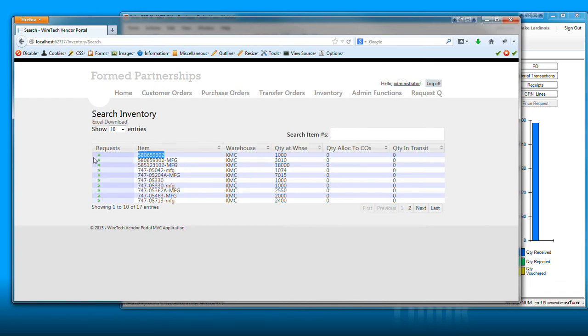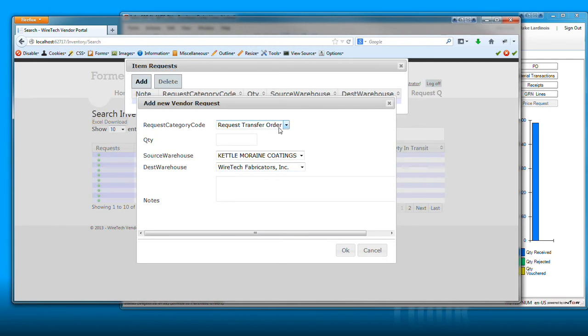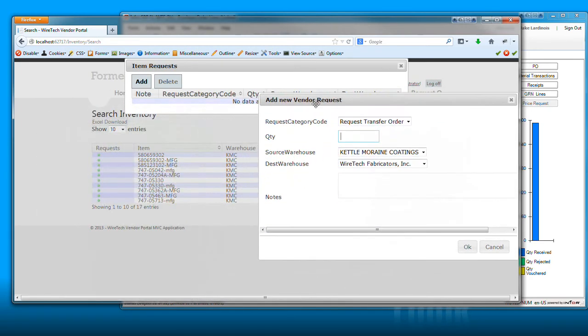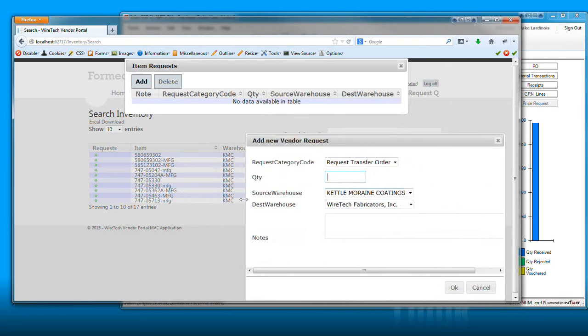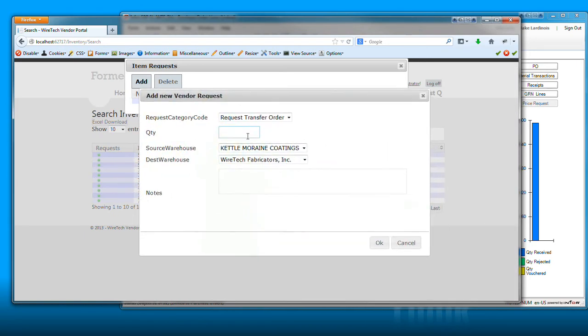Okay. Now, if say these have been sitting here for a while and I want to get rid of them, it's just a matter of doing a vendor request and saying, in this case, I'm requesting a transfer order, and the quantity that I have listed, ooh, I can't see it, a little limitation of jQuery, of 1,000, and I want to get them off of my site. I can type 1,000 in here, okay, and